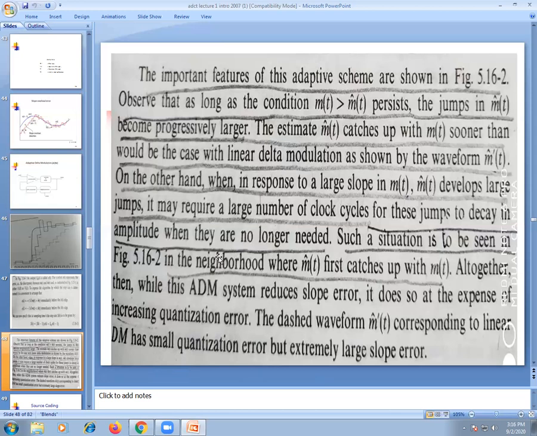Okay, students, in the next class we go for a comparison of PCM, DPCM and delta modulation once again, and go for noise in the PCM system. With that, we complete the first unit. Tomorrow's class covers the comparison of PCM, DPCM, delta modulation, adaptive delta modulation, and noise in the PCM system. Thank you all.